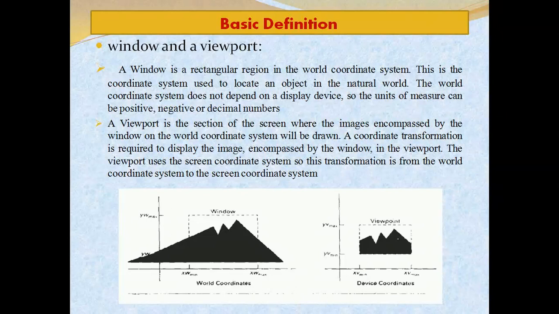If there is a picture in world coordinates, you select a portion of the image, and that is mapped to the device coordinate, which is the viewport. We clip the other portion of the region that is not used for display. Here we display the selected portion. The world window is defined by xw min, xw max, and yw min, yw max. It is mapped to xv min, xv max, yv min, yv max. Here w means world coordinate, v means viewport.